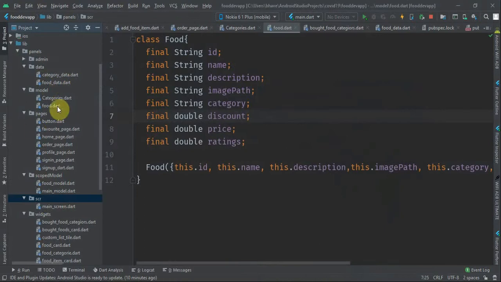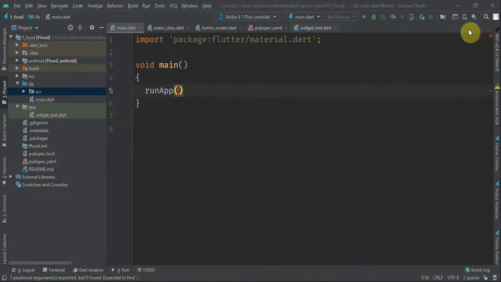Exactly: data, model, pages, scope, models, screens, widgets, and everything will be different. So the feasibility and the readability and reliability of the code will be very easy for us. That is what I'm trying to say.